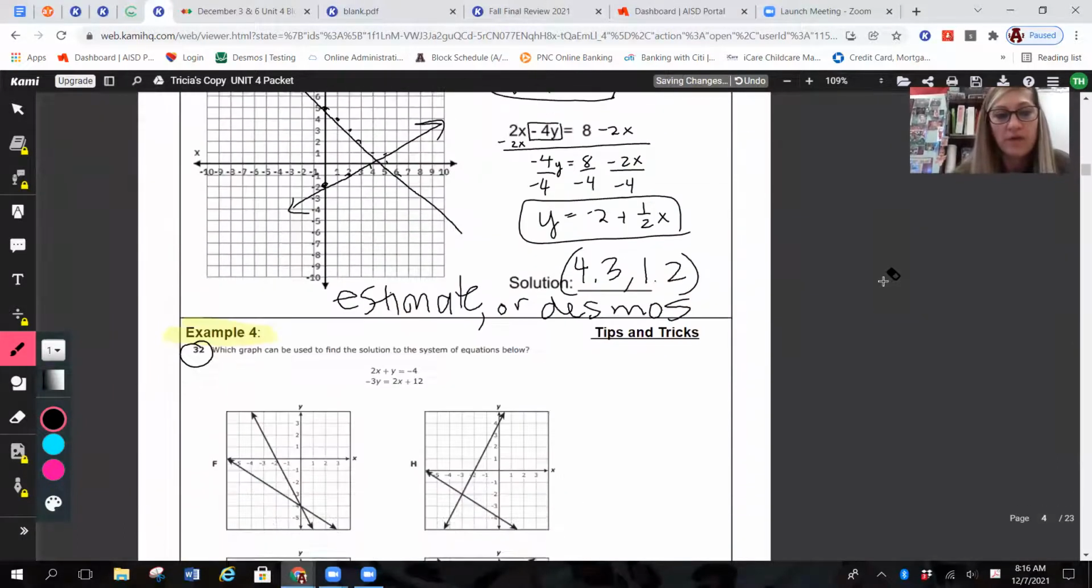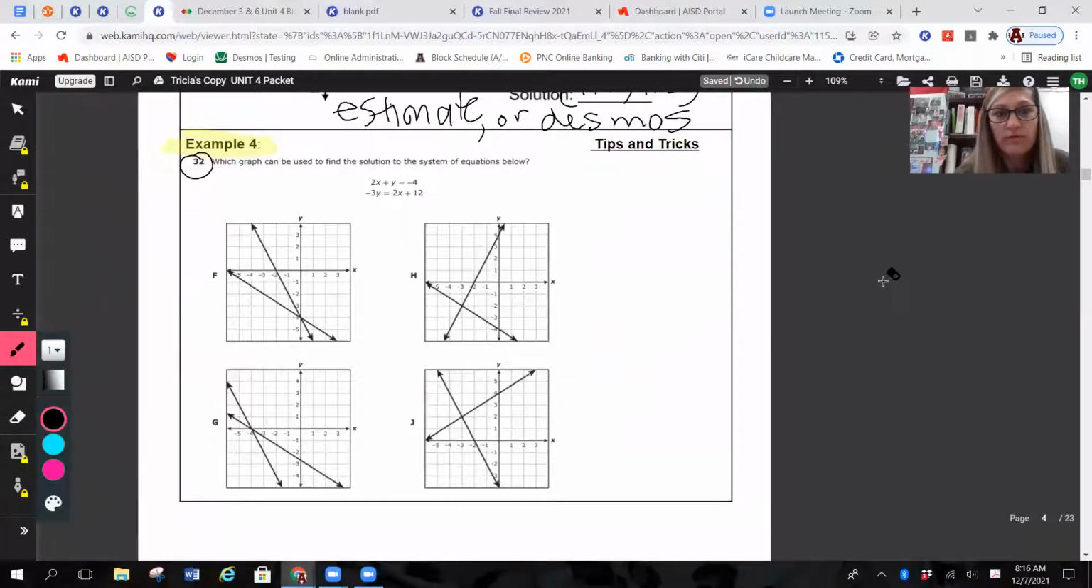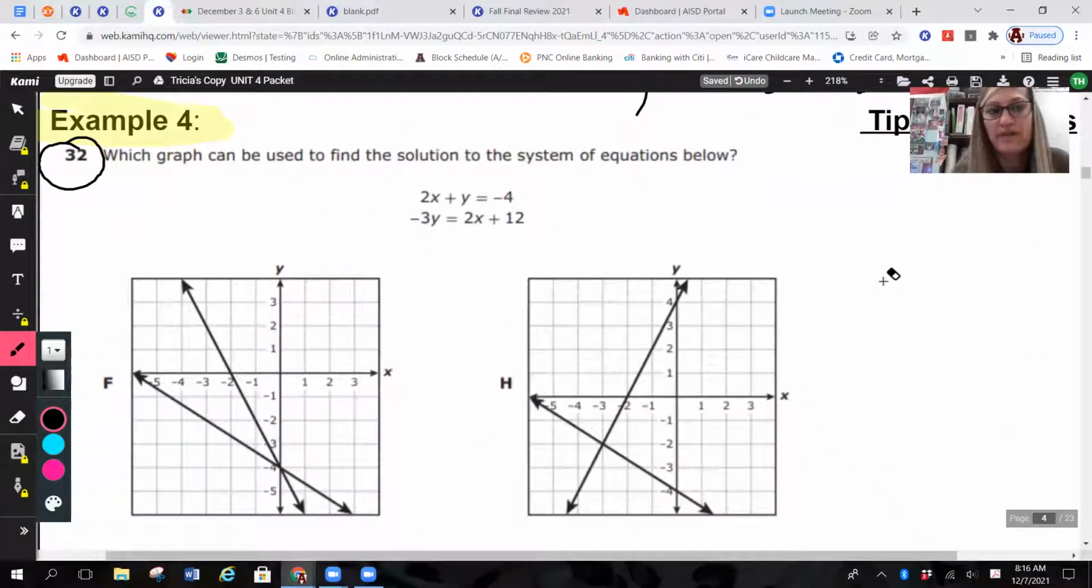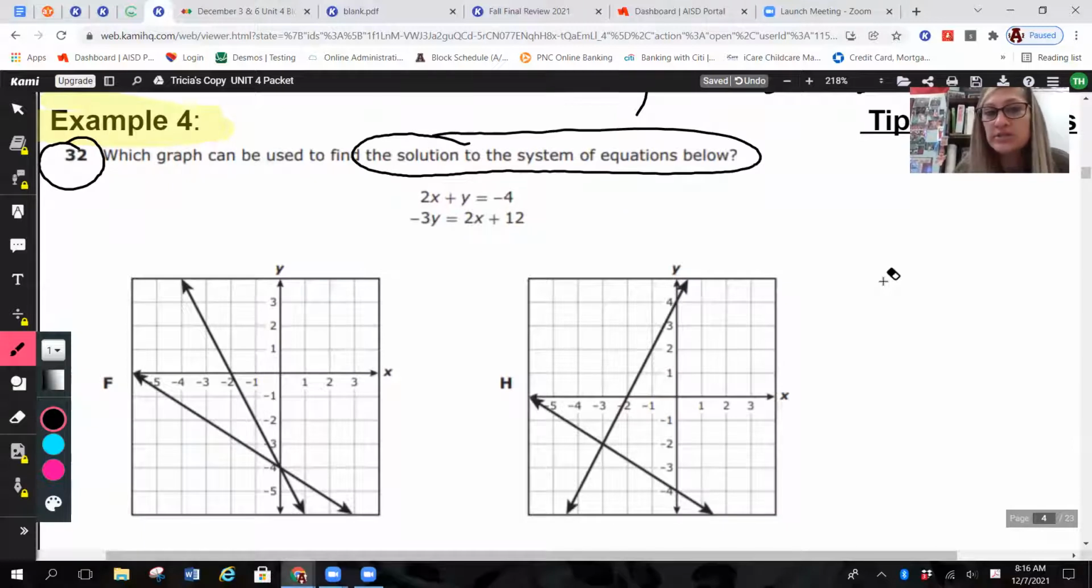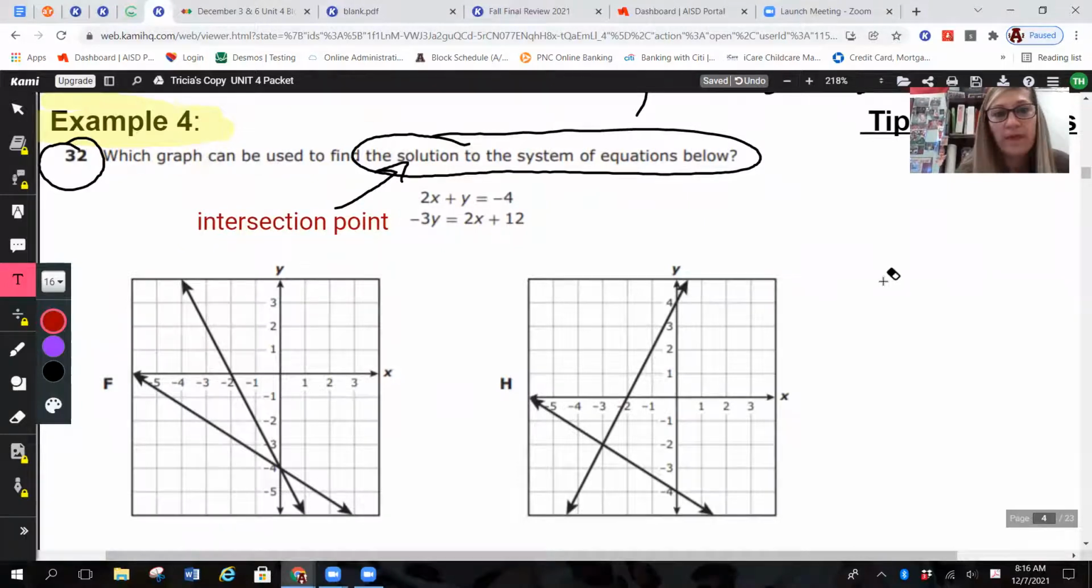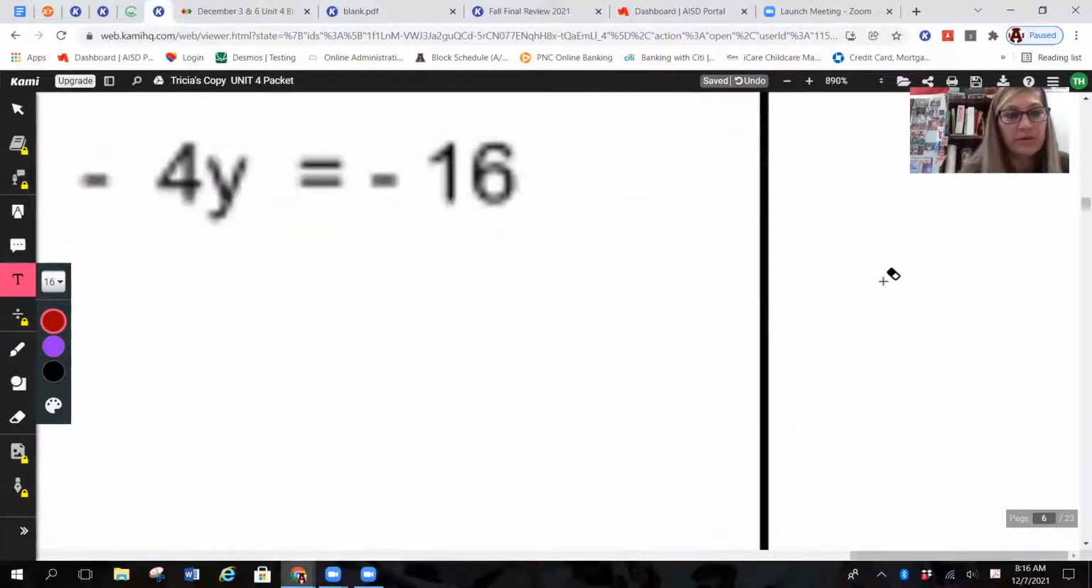All right. The next question you had to do was number 4, example 4, on the next page. So really quick, it says which graph can be used to find the solution to the systems of the equations below. So remember, the solution is where the two graphs intersect. It's the point of intersection. So if we want to solve the top equation,